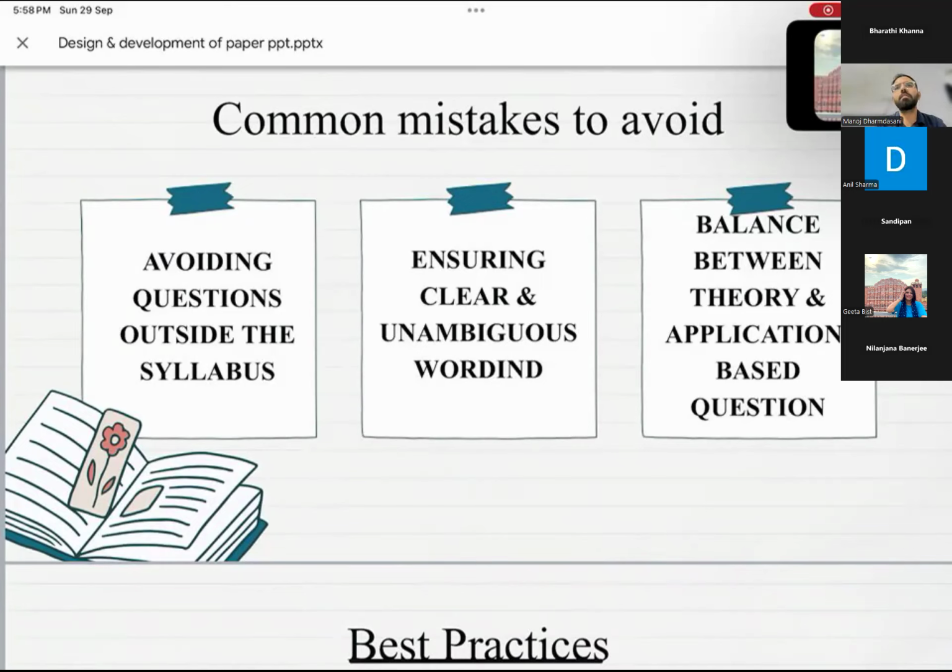So while setting mainly the paper of business studies, we should have a balance of both, like case study, application based questions, and the direct questions. And this particular criteria should also be focused on while setting the MCQs as well. Like I have discussed just now, while setting the MCQ, we should take care of the categories of assertion, reason, question, and all those. So that is very much important for us.